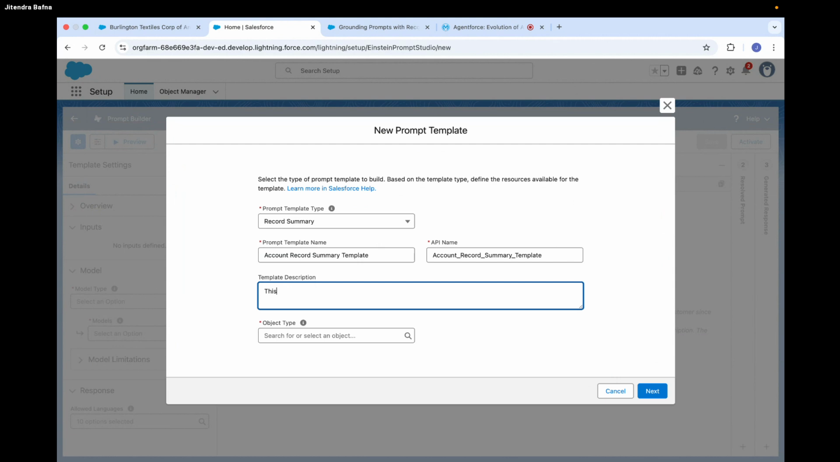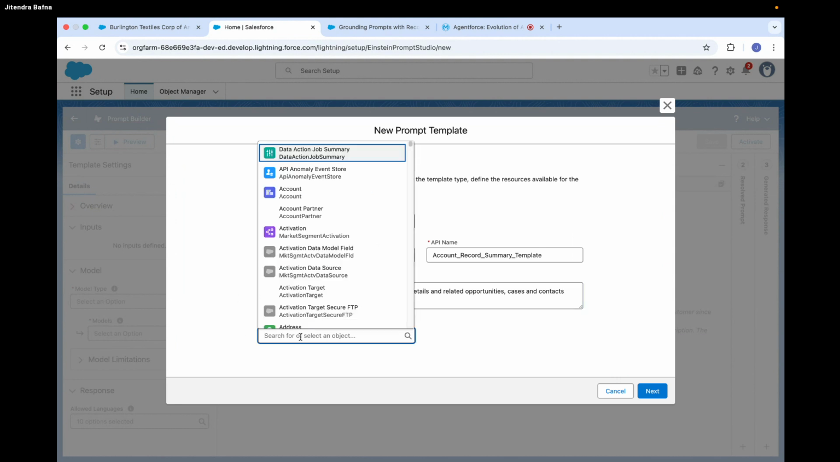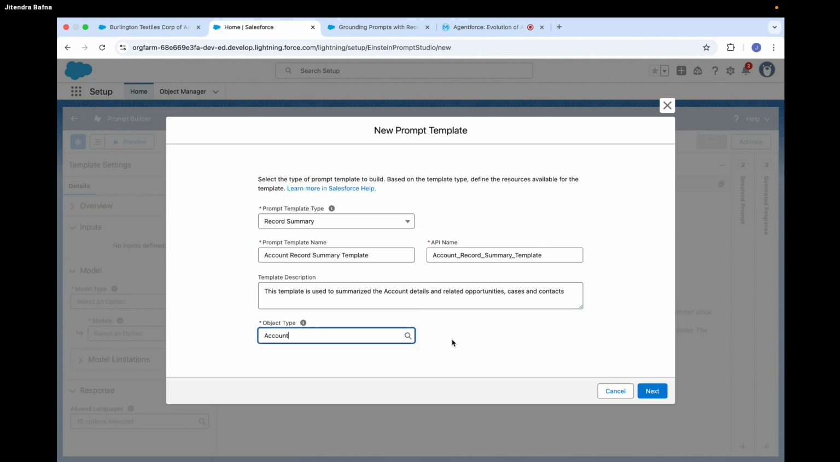So I will provide some description. This template is used to summarize the account details and related opportunities, cases, and context. Okay, here I will select the object account. So as I mentioned, it is always bound to one single object, so that is my account. I will just say next,